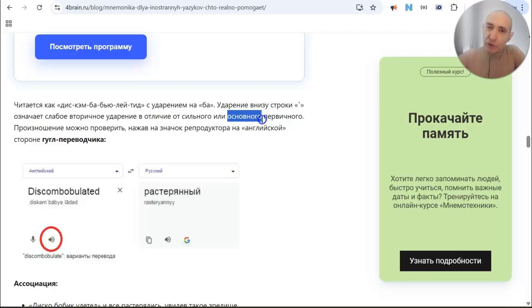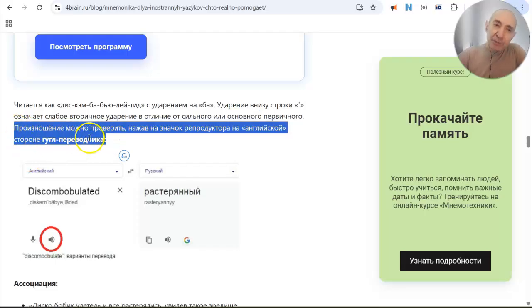Основного comes from основной, which is like fundamental. So they are saying that when it's below, it means that it is a weak secondary emphasis, в отличие от сильного или основного первичного. As opposed to the strong or the fundamental, the first. Первичного means like the first, the main. That's первичный. Yeah, you understand, right? They're talking about emphasis, the sign of emphasis. And then they say,